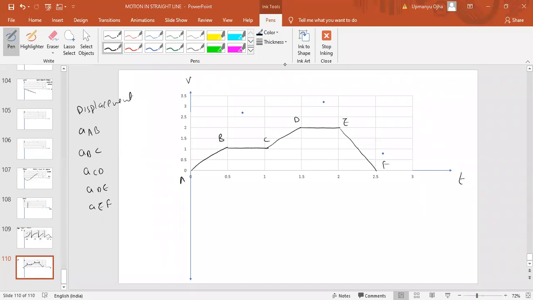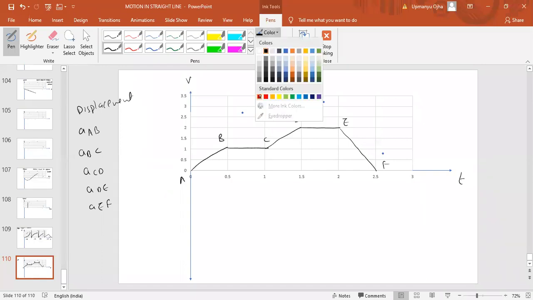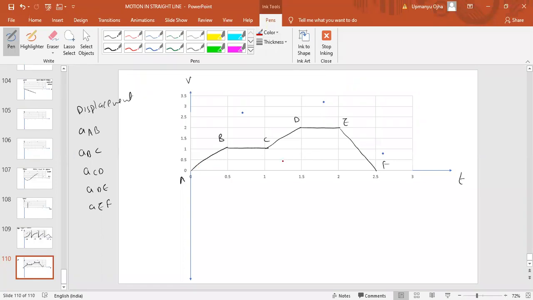fine. So how we have to find the displacement? The displacement is the total area under this graph. So this is the total area. Fine. So if I can find the total area under the graph, I will find what? The displacement. Yes, the total area will give us the displacement. So displacement will be total area. So if you look at this, this is triangle first of all. A B A B. This is triangle, then rectangle, then again triangle plus rectangle, then rectangle, then triangle. Okay. So total area we can easily find.